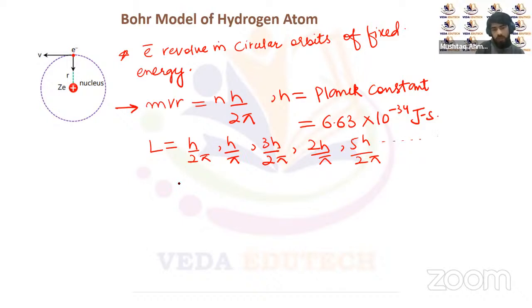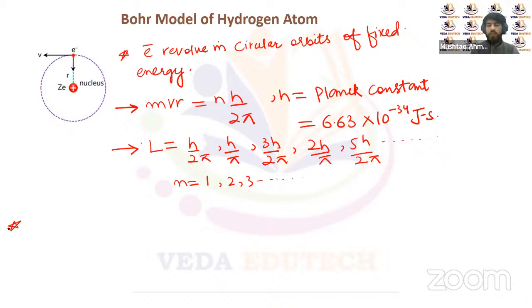So n can have values 1, 2, 3, and so on. These are the possible values of the angular momentum or orbits for this hydrogen atom, and the energy of these orbits of electrons is actually fixed. And the last point about this hydrogen atom is that